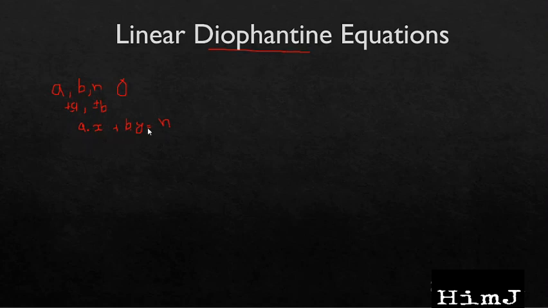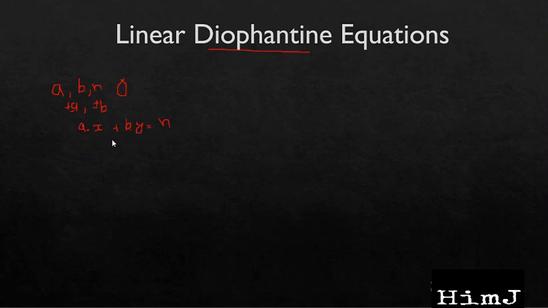So now let's see the first application, which was basically asked in the problem, whether a solution exists or not for this equation. A naive approach would be something like this: we can iterate on the possible values of x and then check whether the value of y exists or not. But the possible values for x are infinite, that is, x can be from minus infinity to infinity. So this approach won't work. You can reduce the range to get some partial marks, but that wouldn't be the complete solution. You will get only partial marks.